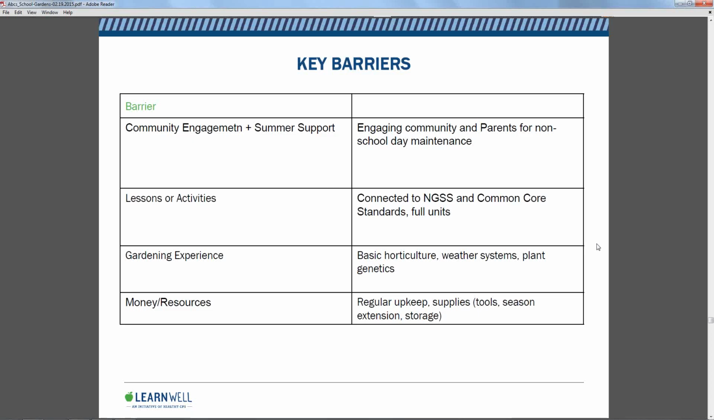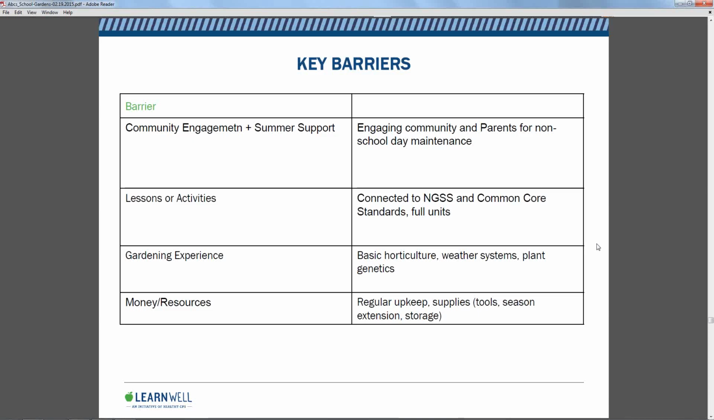What we found as key barriers, the number one thing that came up was help with community engagement and summer support, engaging both the community to participate in events as well as maintenance, specifically non-school day maintenance, right? In the evenings, on the weekends, during the summer. We also found that a lot of teachers were looking for lessons and activities, and what you find most commonly out there are lessons and activities that might teach gardening or basic horticulture or cooking. But it's difficult to find a lesson that teaches fractions or a lesson that teaches world history from 1800 to 1900, right? And so teachers were really looking for support in finding ways to connect their garden into the units that they're already teaching. And teachers are really creative in doing this, but we should provide stronger support in those lessons and